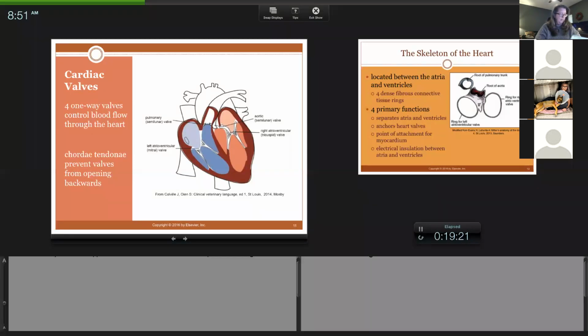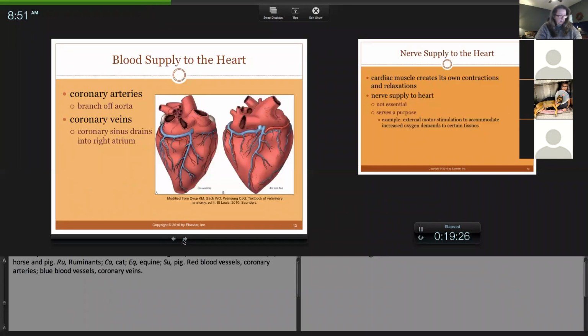Oh, the other thing, I think it's the next picture. Remember the coronary arteries, 23, where are they located? Where are they found? Okay, they are found on the outside of the heart. The coronary arteries are a branch, literally. Think about it: if blood comes out of the aorta up here, a tiny little branch, kind of like a little exit ramp off the side, is going to wrap around and feed the heart. And they supply the heart with oxygenated blood. That's the job of the coronary arteries.